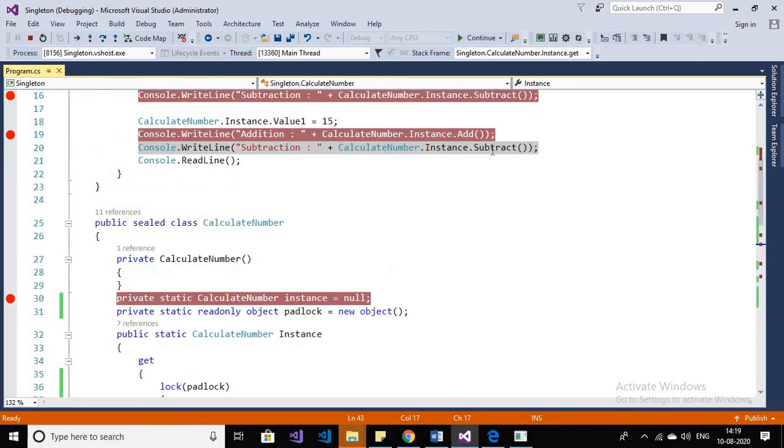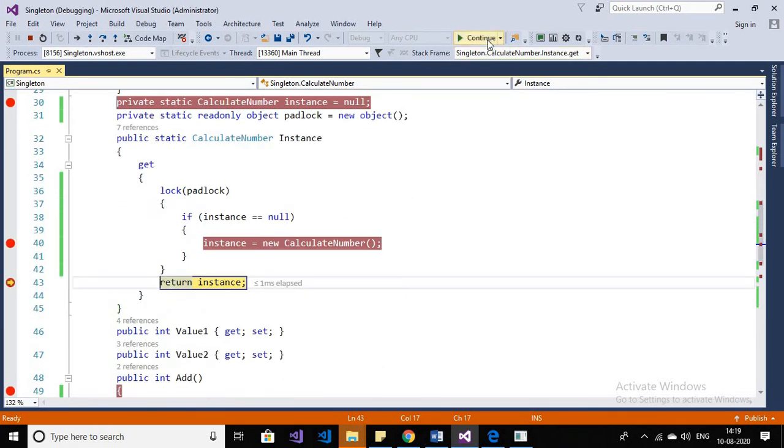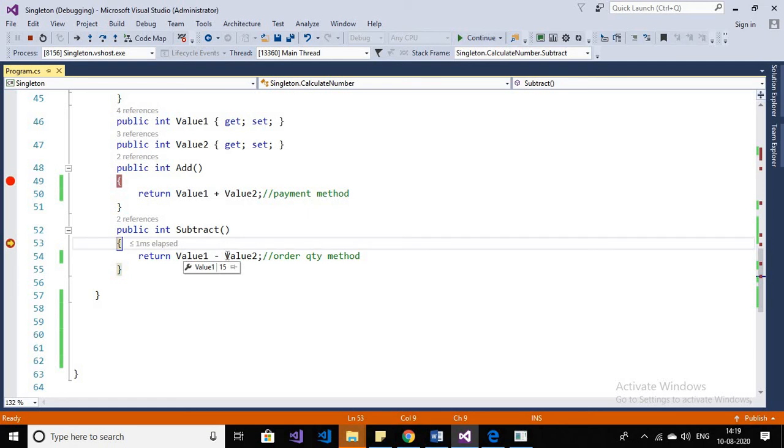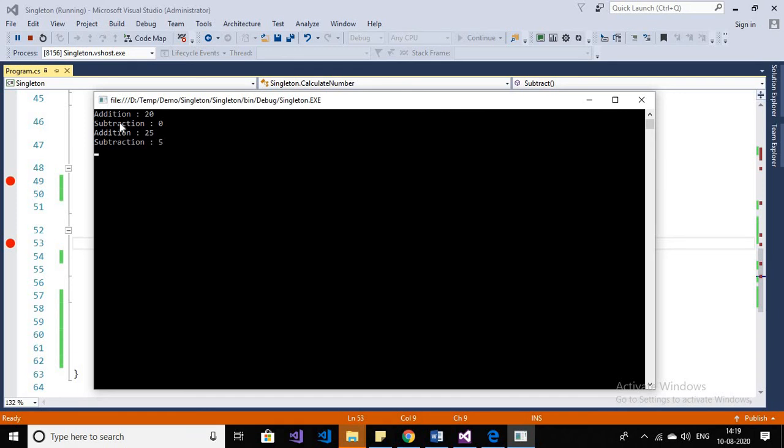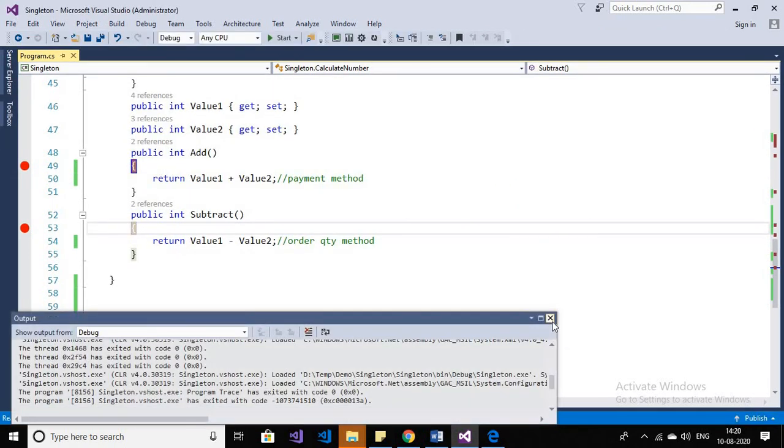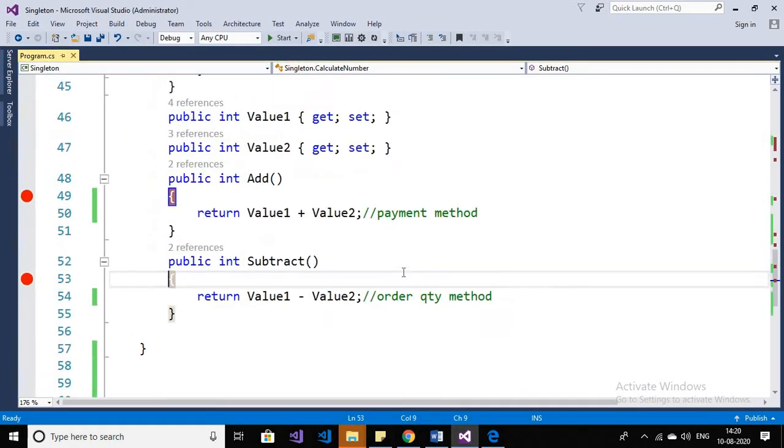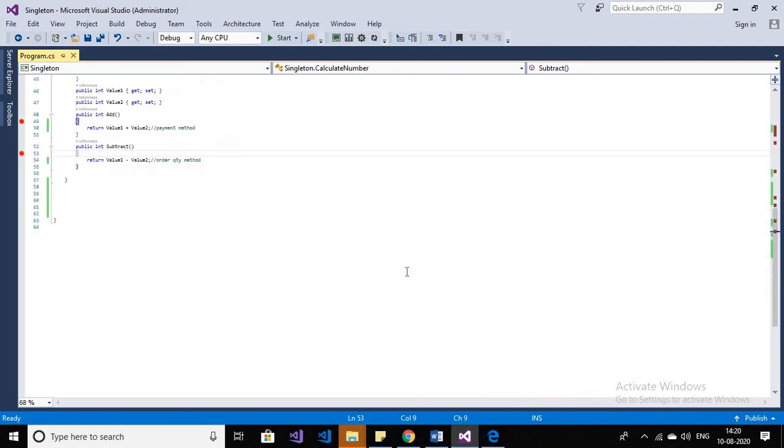Now it's a third one, subtract one, value 15. And here is the output, addition 20, because 10 plus 10 20, subtract 10 minus 10 0, and 10 plus 15 25, and 25 minus 20, that is a 5. Okay, so this is the example.